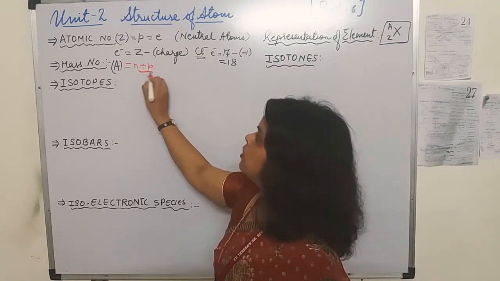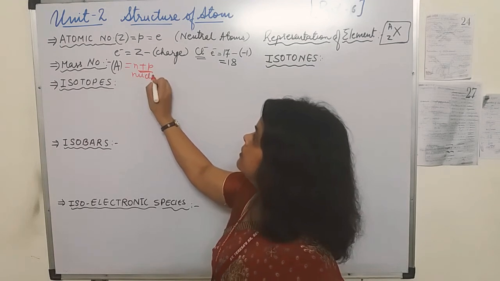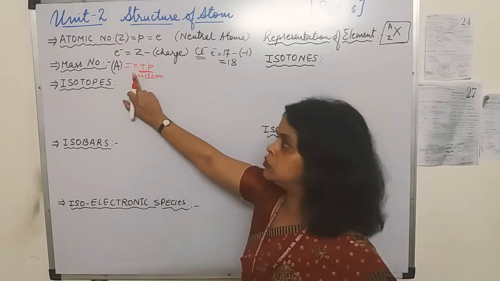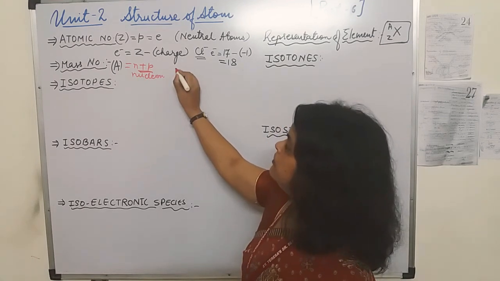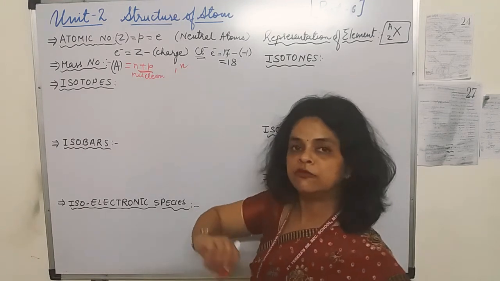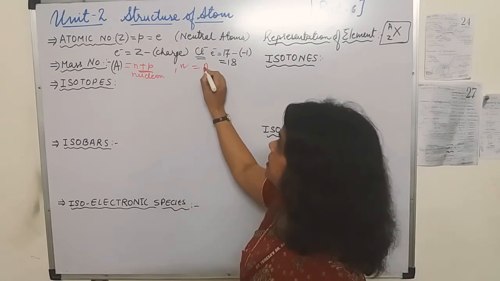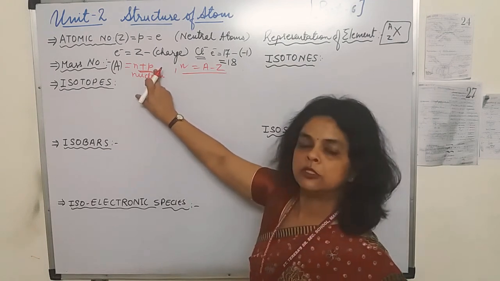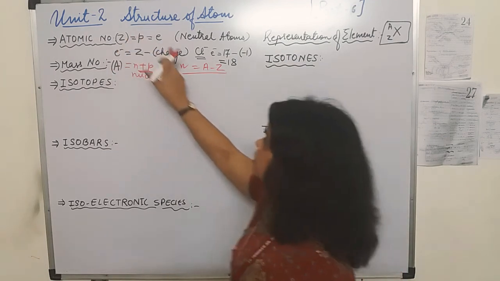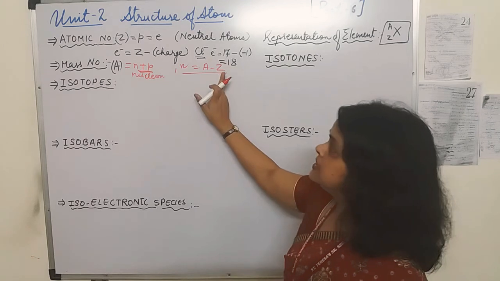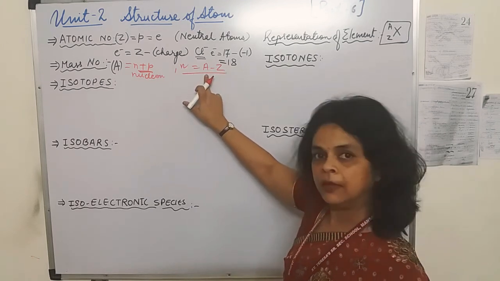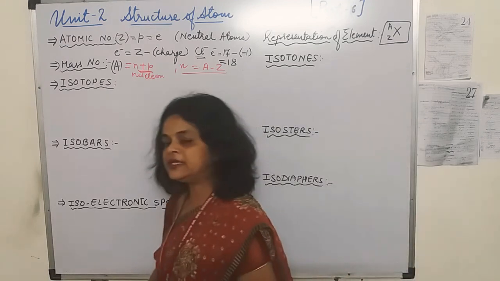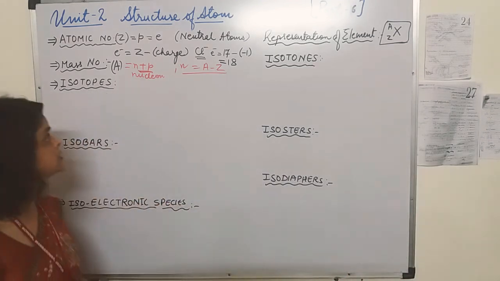This is also called as nucleons. What is nucleons? That means the sum of the number of neutrons and protons. So if you have to calculate the number of neutron, you can also write it like this, A minus Z, if I am not wrong students, because P can also be written as Z. So here I had replaced P with the Z. So N is equals to either A minus P or you can write A minus Z. Fine.